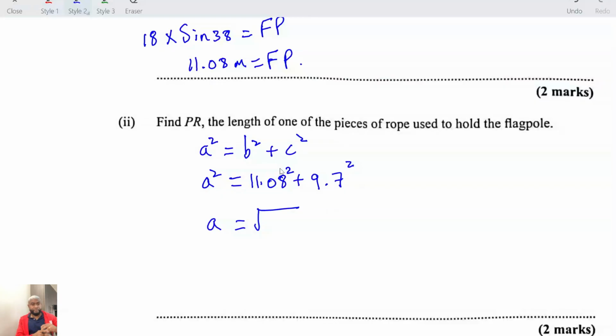The square root of 216.86. So A would be equal to what? The hypotenuse, which is PR. I'm going to put PR, not A. So PR would be equal to